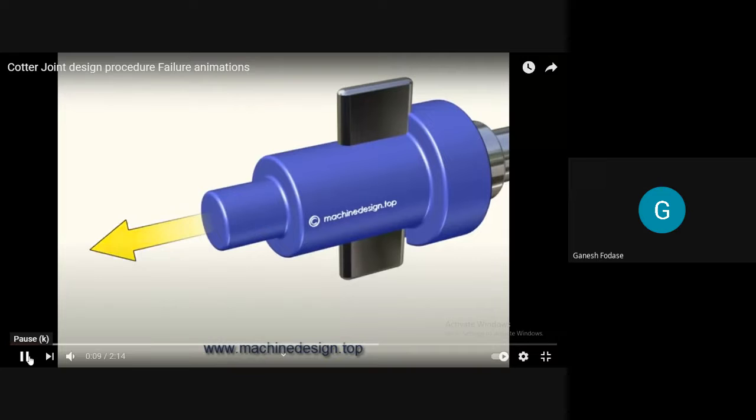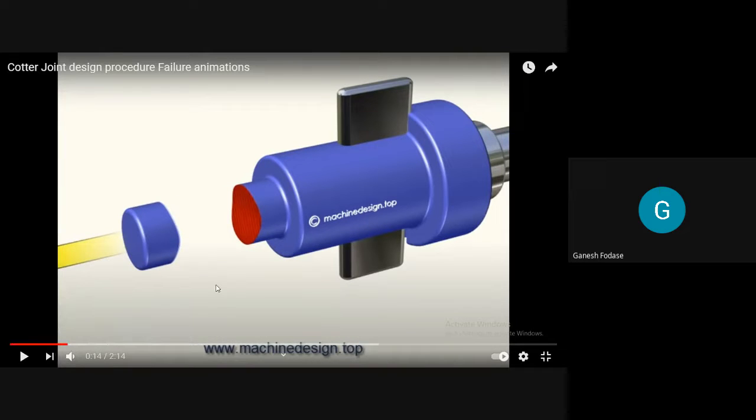So what is that showing? Tensile load. Observe this. What happened due to this tensile load? There is failure, and this is nothing but tensile failure. Which kind of failure is this one? Tensile failure. Which is the area under failure? It is π/4 into d square.